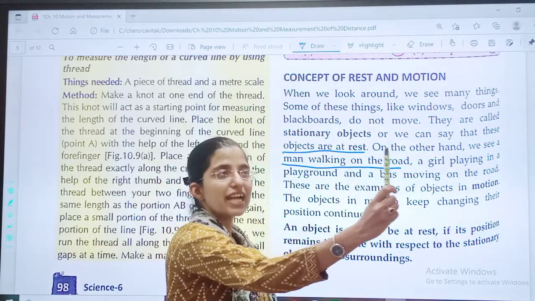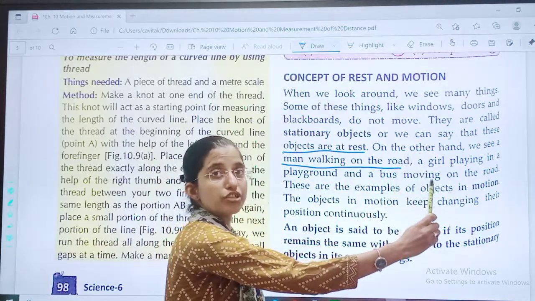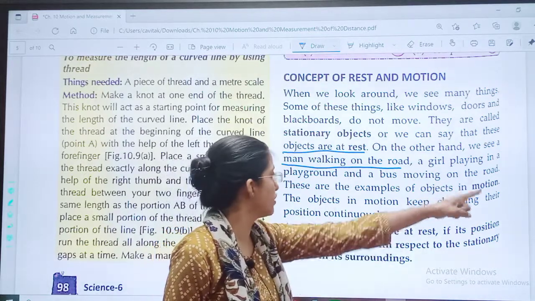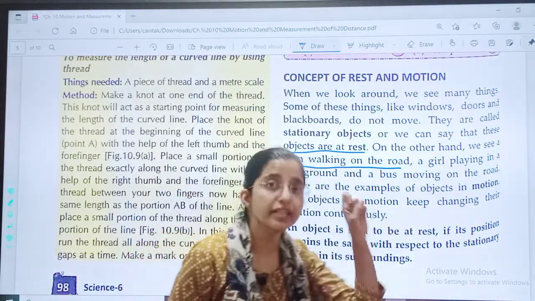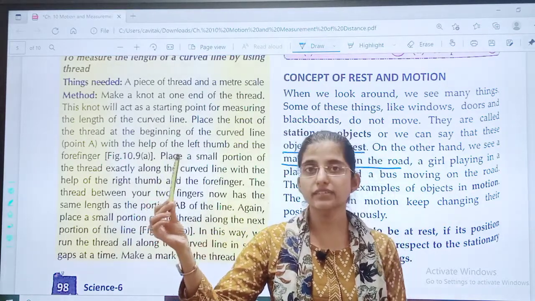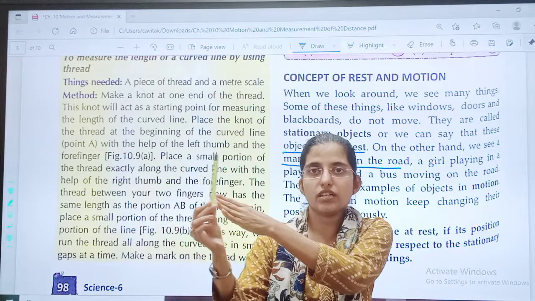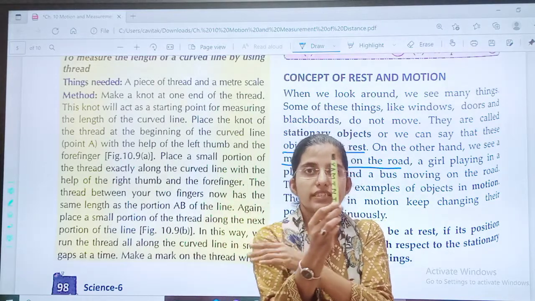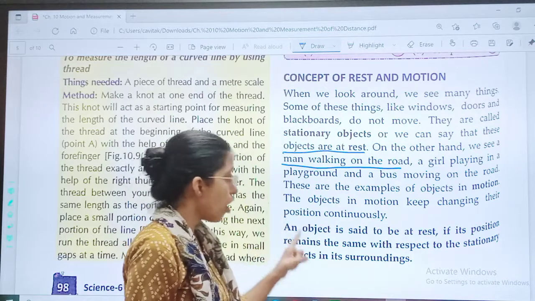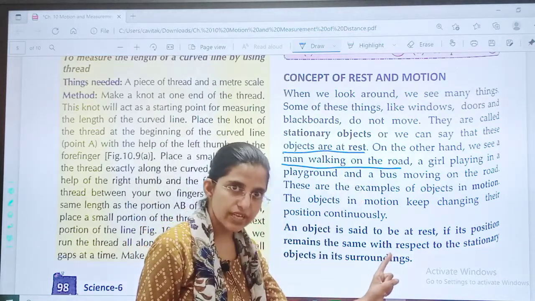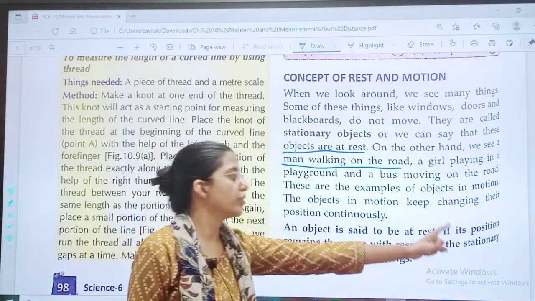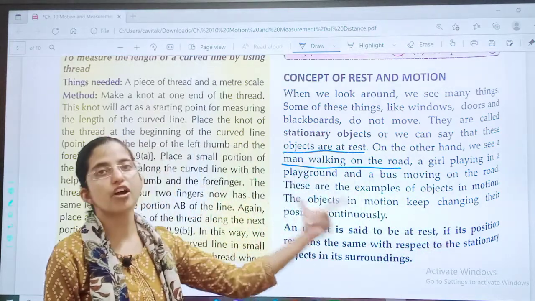So what I will say is that this pen is in motion. Objects in motion keep changing their position continuously. For example, see, if this pen is moving, then see, now it is here, now it is here. It is changing its position continuously. An object is said to be at rest if its position remains the same with respect to the stationary objects